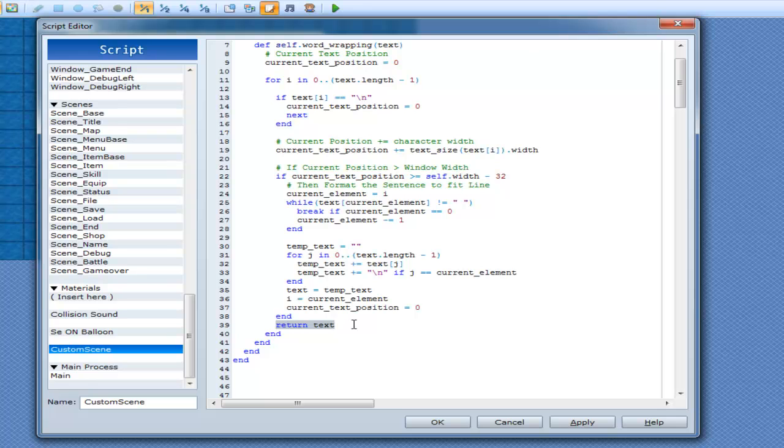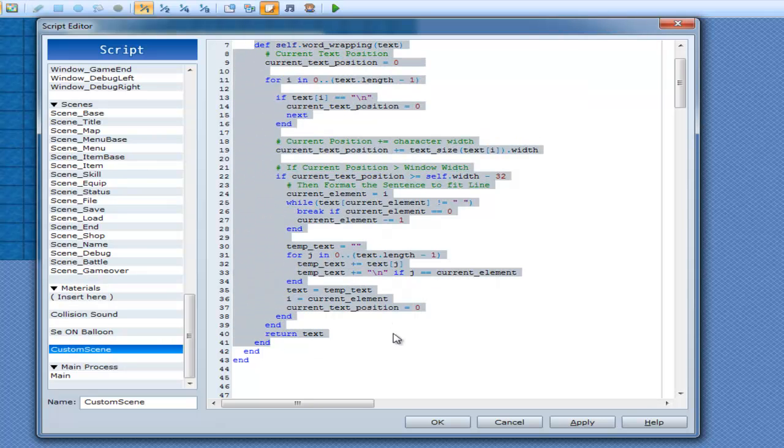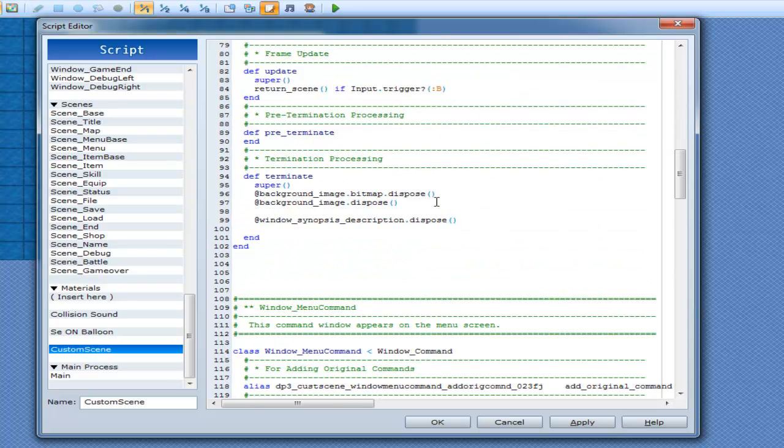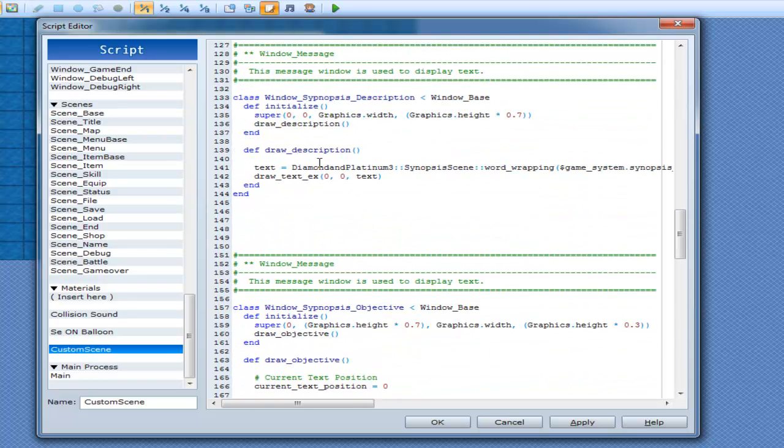So no, that's not correct. There. Yep, that's correct. So return text there, and I'll return back what it's screwed around with. Okay. That should work. And that will return a string, the word wrapping string, back to the local variable text,